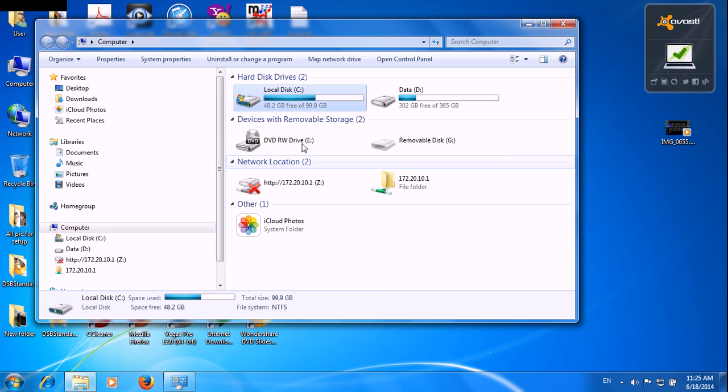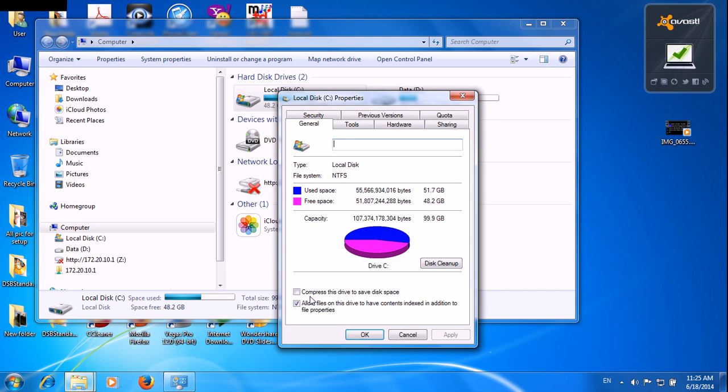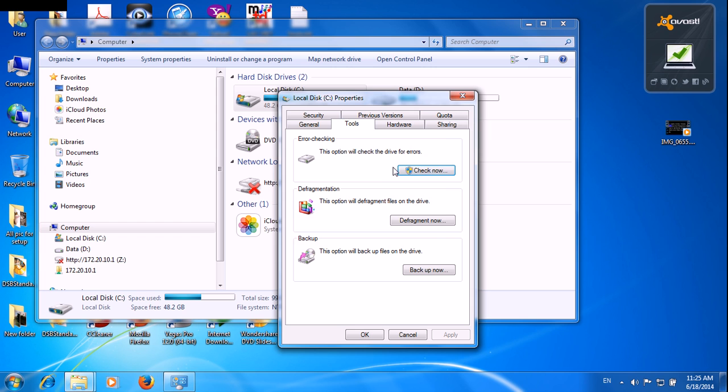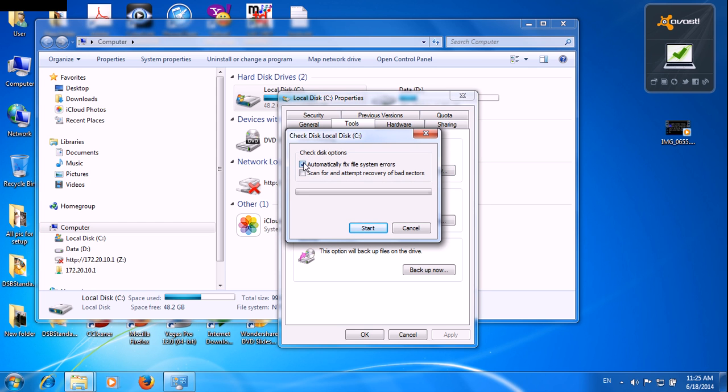Okay, after this we go into local disk C also, and then Properties, we go to Tools and then we check now. We check this one also. We start. This one we are checking, this local disk C. On my computer every month and every week I will always check it. If you never check your computer, maybe it takes a very long time.